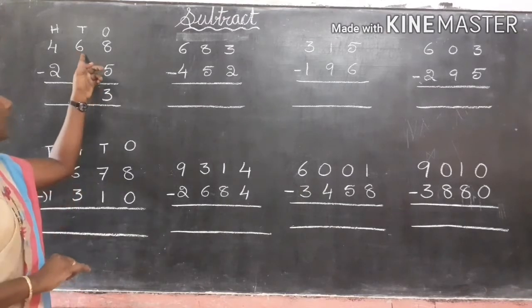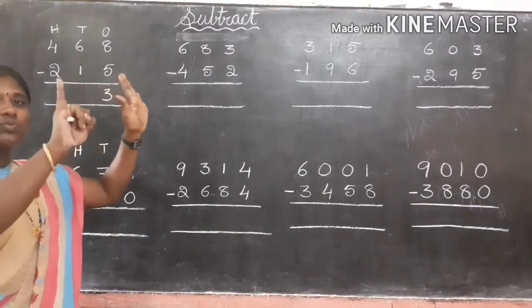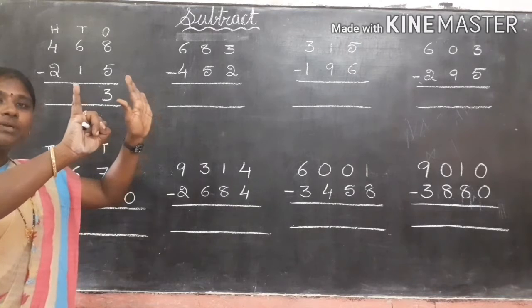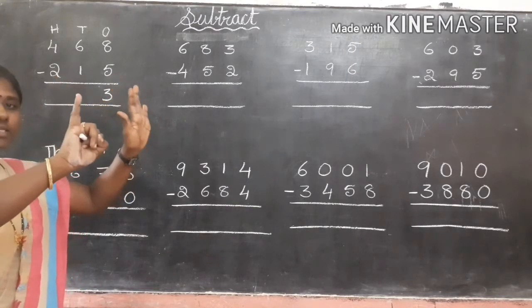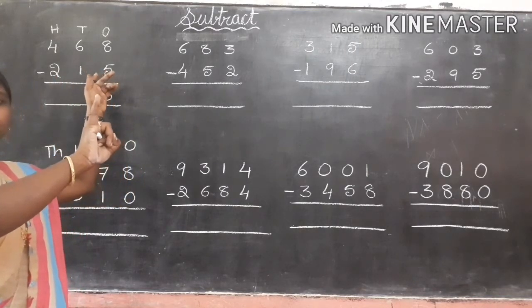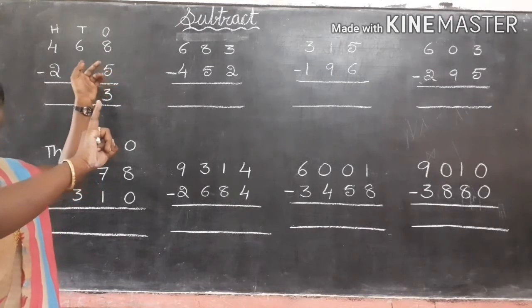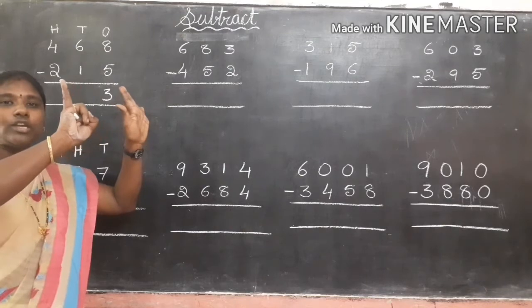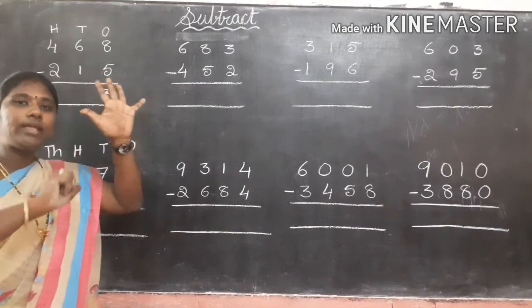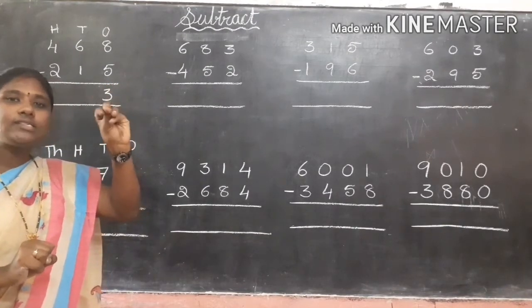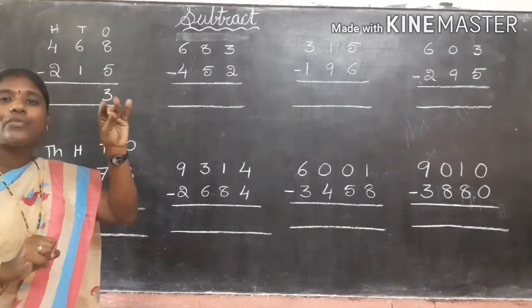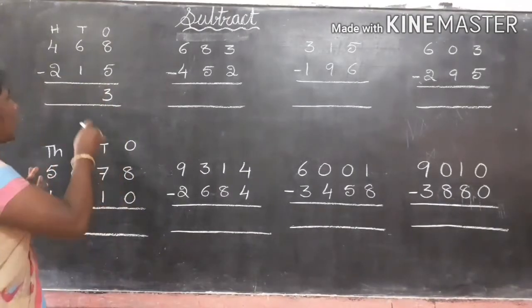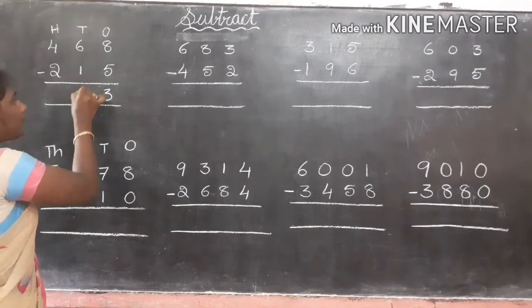Next one here, up number 6. Take 6 fingers. What is the down number there? Below the 6, what is here? 1. So we have to close 1 finger. Shall we close 1? Yes, close. How many are remaining? How many fingers are these? Yes, 5 fingers. So the answer is 5.